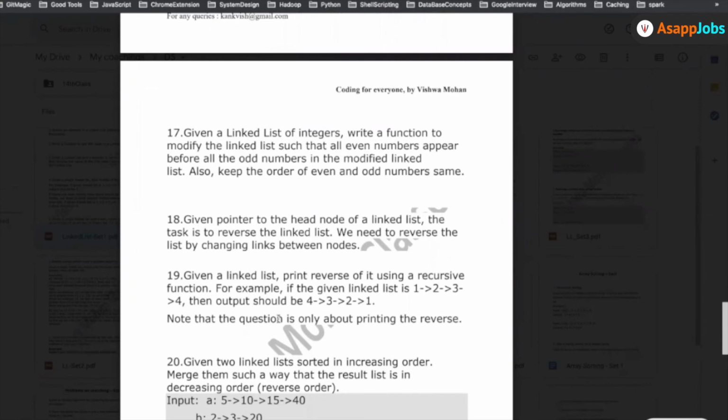Did you get what I'm trying to say? Initially, you had a linked list. You iterate through the linked list, and whenever there's an odd element, you remove that and put it into another list. As you do this, you will have two lists, one having only the odd elements, another having only even elements. Now you just merge these two, and you'll get the answer.